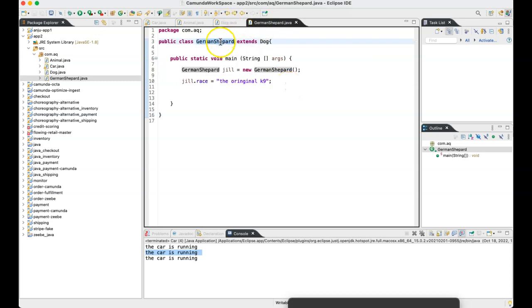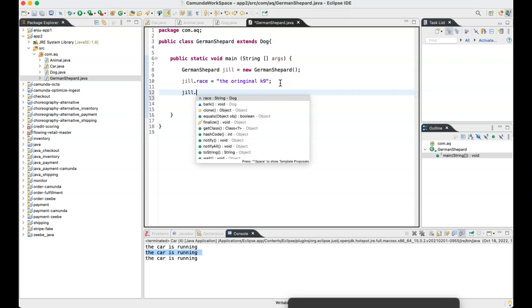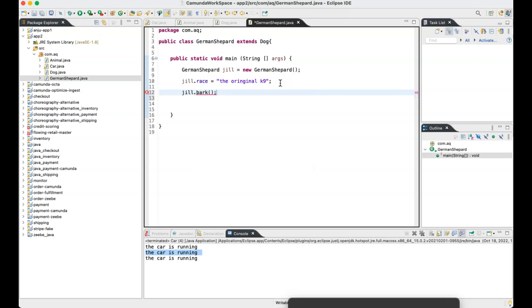German Shepherd also can bark, right? It is also a dog and it can bark. So any German Shepherd should be able to access this method. Do you see how a class which extends from another class can access members from that class without even declaring them here? Yes or no?